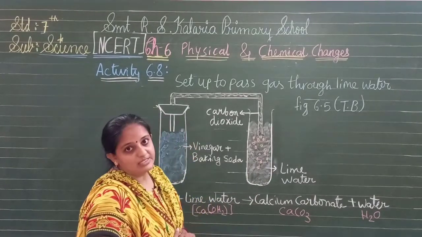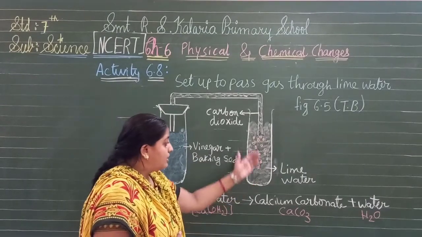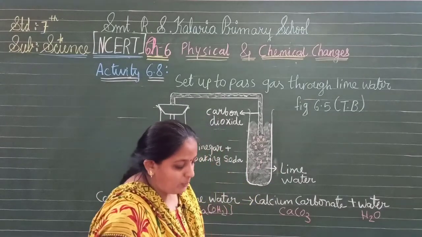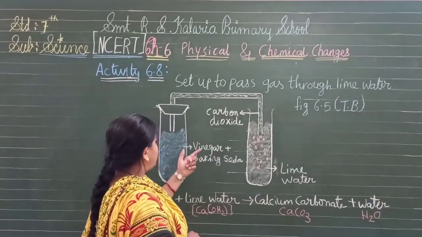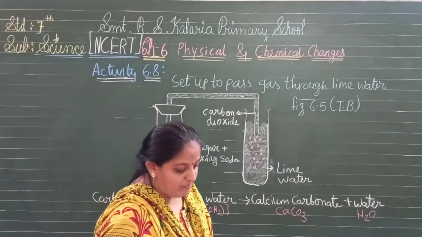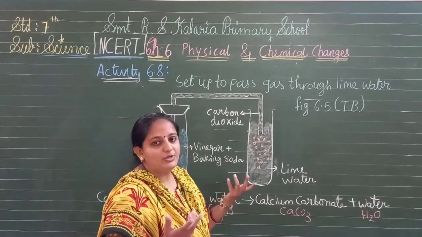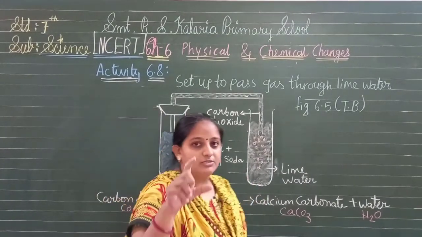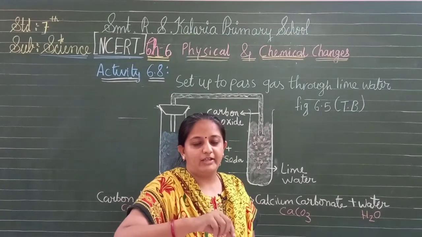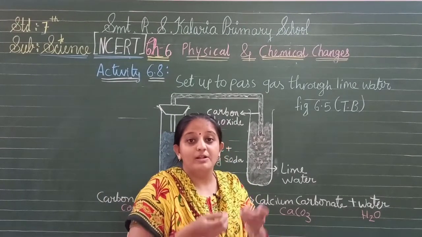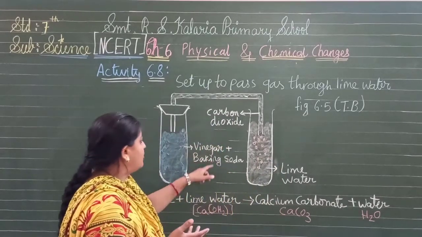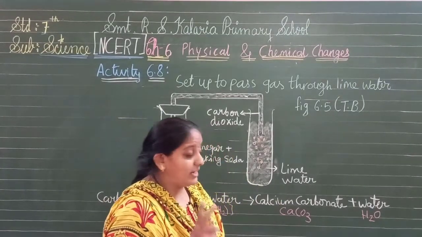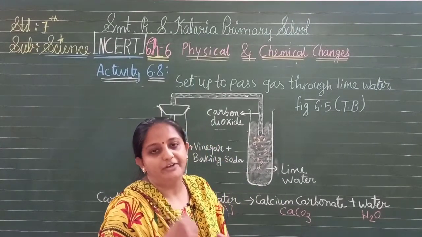What is the reason for this? ये ऐसा क्यों हुआ कि वो मिल्की बन गया? What is the reason? The very first is the chemical reaction between vinegar and baking soda. The chemical reaction between vinegar and baking soda takes place and bubbles of carbon dioxide are formed. आपने देखा होगा when you take an ENO and dilute it in water, ये bubbles come out. Here, over the same, vinegar और baking soda को साथ में डाला है, the carbon dioxide is produced and bubbles come out.